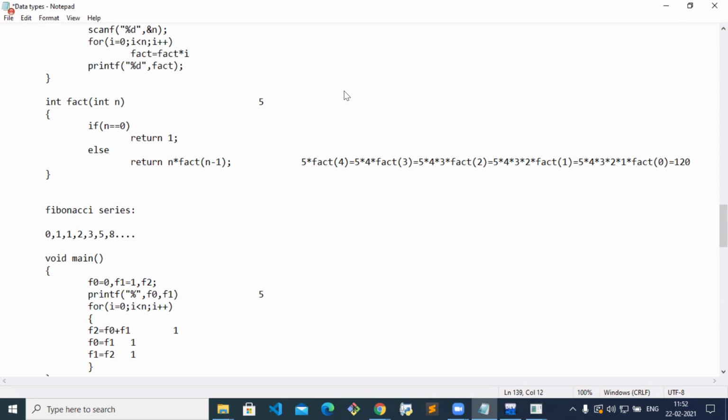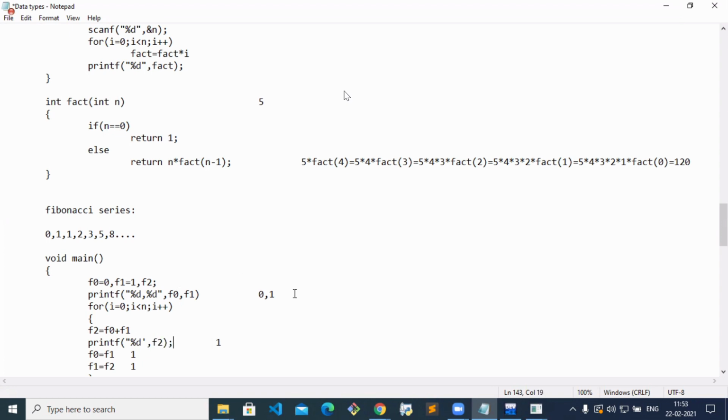First we are printing the F0 and F1 values, so percent d comma percent d. It will print 0 as well as 1. After this I want to print F2 also. So printf percent d comma F2.